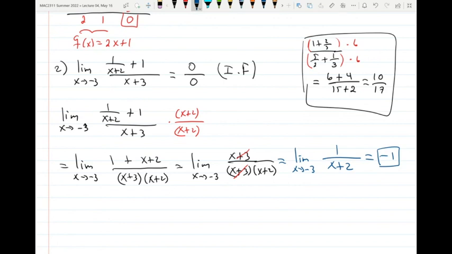So in the homework, you have a couple of problems that look like this, okay? I didn't do one like this on Friday, but the idea is pretty similar to the one above. But first, you have to clear denominators. Okay, questions? So if you have rational functions and you get 0 over 0, factor the top, factor the bottom, simplify, then evaluate. If you have a complex fraction like this one, first clear denominators, turn it into a rational function, and then do the previous technique. Factor the top, factor the bottom, and